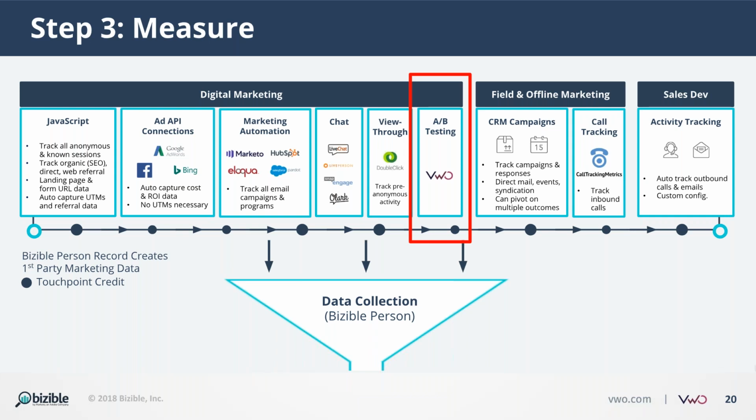You can see here we're tying directly into kind of those primary B2B ad networks. So Google AdWords, DoubleClick, Bing Ads, Facebook. We have a LinkedIn integration too. It's just missing from this view. Chat is increasingly important, so we're plugging directly into a bunch of chat technologies and capturing those interactions. Obviously, A/B testing is huge, and kind of the latest thing in revenue attribution, and you'll notice I say revenue